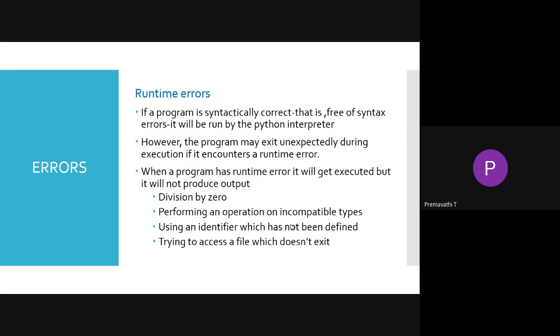What is meant by runtime errors? If your program is syntactically correct, that is, free of syntax errors, it will be run by the Python interpreter, but errors can still occur. What are the examples of runtime errors? Division by zero, performing an operation on incompatible data types, using an identifier which has not been defined, and trying to access a file which doesn't exist. So these are all examples of